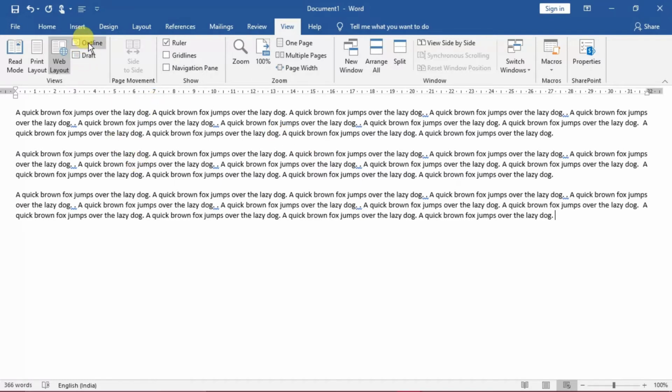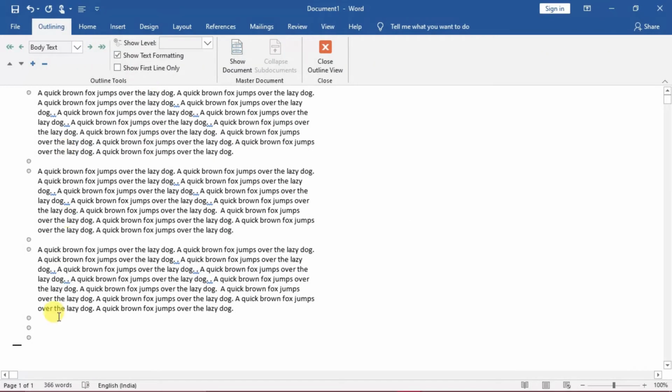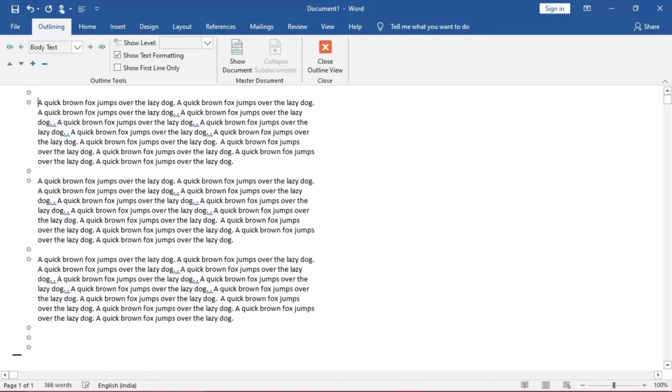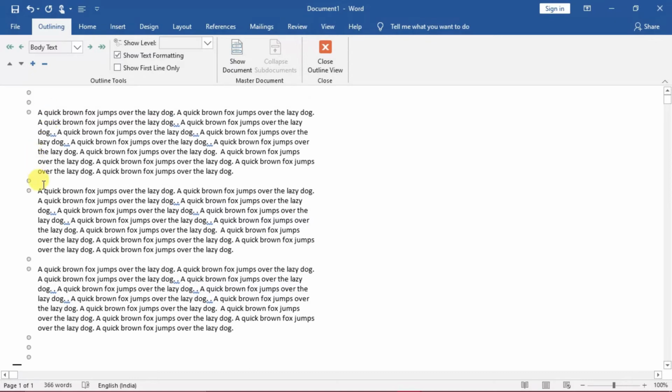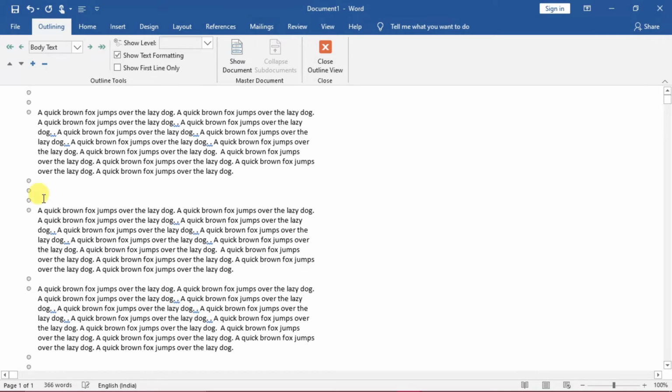Outline view: you see here only the outlines are shown. It is used to create, view and edit outlines. It shows only the headings present in the document. In this view, one can view the structure of the document easily and move different parts of the document smoothly. If a document has a very large number of sections and pages, this view can be preferred. So you can move it here. Suppose I want two spaces here, and one more space here, I can adjust it very well, so you can see distinctly how many spaces there are.